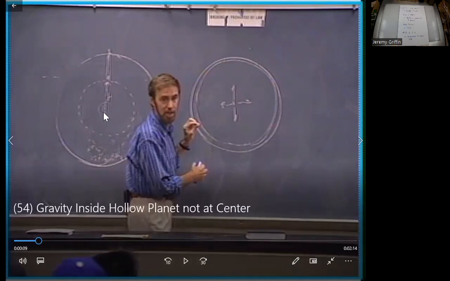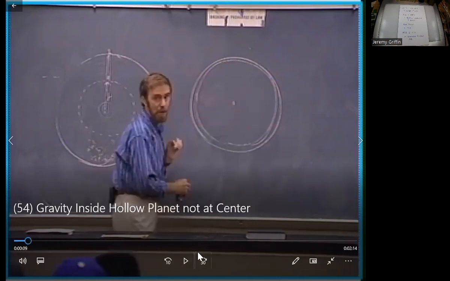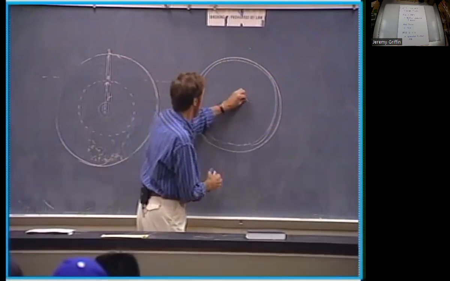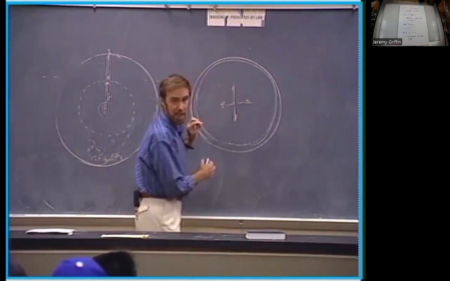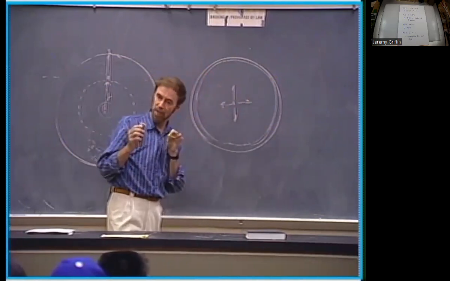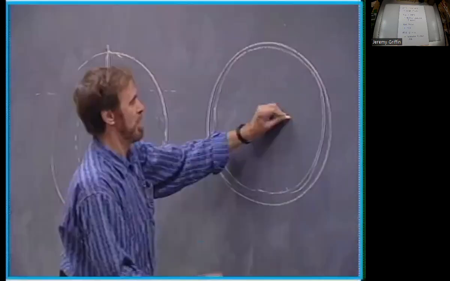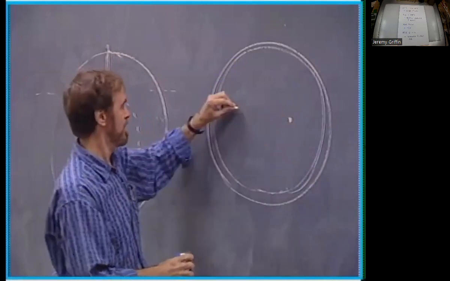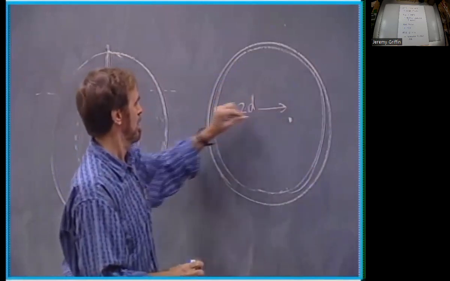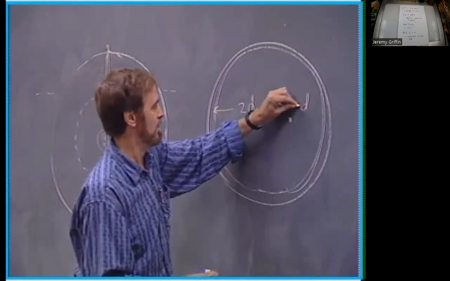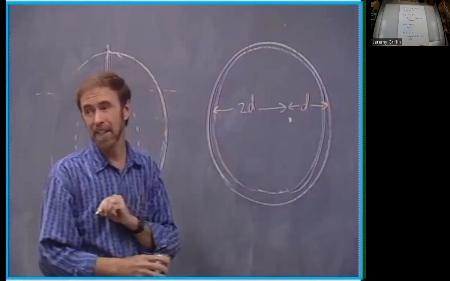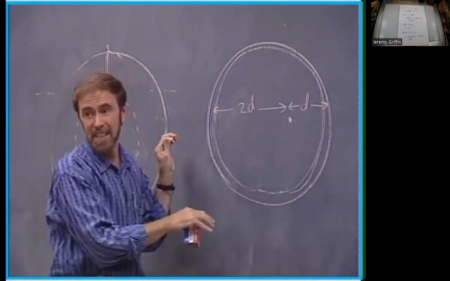Okay, so let's take this cave and make it ridiculously big so that we actually have an eggshell planet. You guys see this eggshell planet? All right, so back to here. It'd be pulled in all directions equally. Do we see that? But what I want to do is convince you that it would cancel out no matter where you are. So we'll take a point that's about here, where this distance here is twice this distance. Do you think it would still cancel out this side and this side?